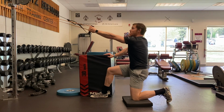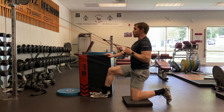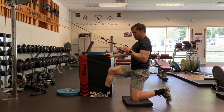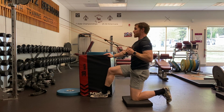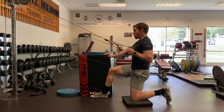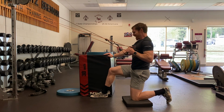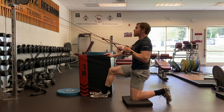I'm doing a continuous tension set to failure for rows with a little band for some extra elastic resistance. So I'm going to pull back as far as I can, and then I'm going to pulse, maintaining tension in the deepest part of my range of motion. As I start to fail, and I feel like I need to give a little bit towards the weight stack,